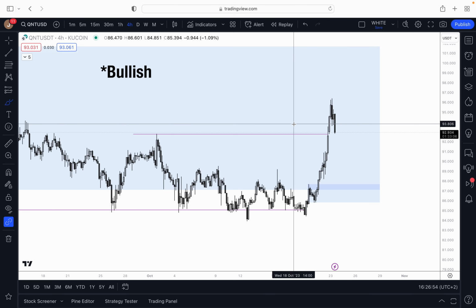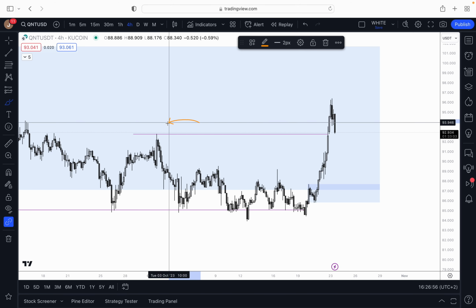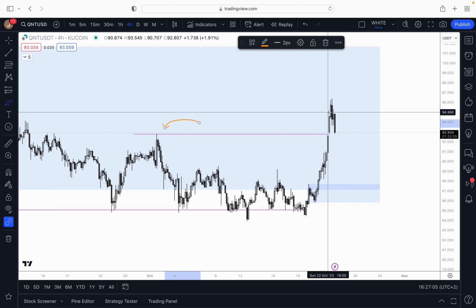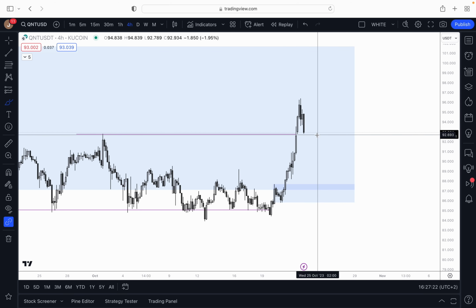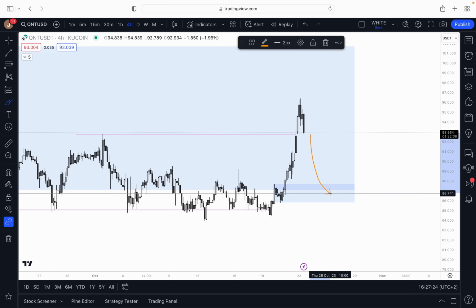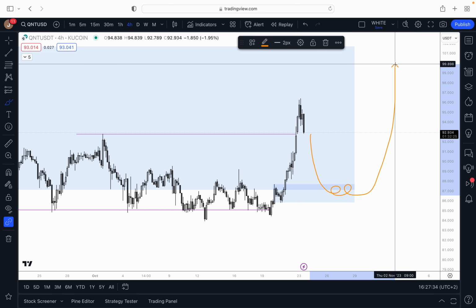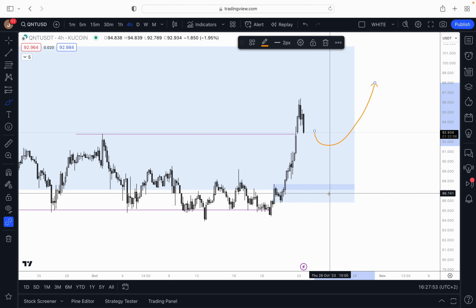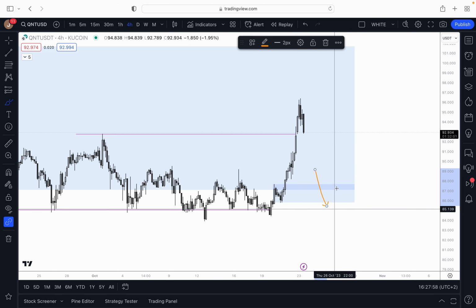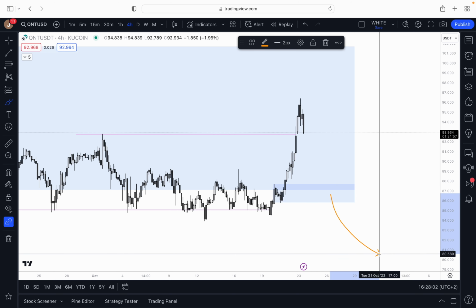So all in all, I'm bullish now on Quant, because we made a higher high with this full body candle on the daily chart. So I would search for long positions, and the best case would be if we are coming back to the zone, see a bullish reaction right here, and then I would buy some coins for my hodl portfolio to hodl to the upside. But there's also the chance that we are going now to the upside again without reaching this demand zone. And if we are breaking this demand zone, then the chance is high that we are seeing even lower levels.